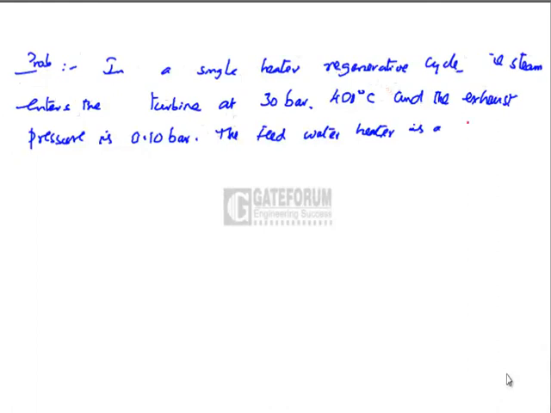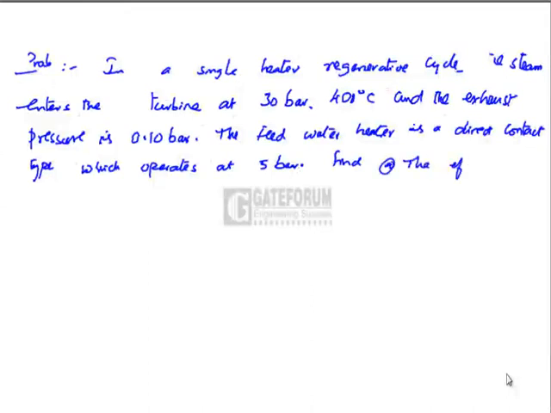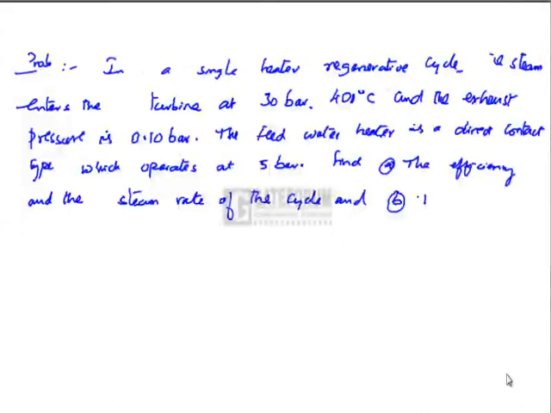The feed water heater is a direct contact type which operates at 5 bar. This 5 bar should be the bleeding pressure of steam. Find A, the efficiency and the steam rate of the cycle, and B, the increase in